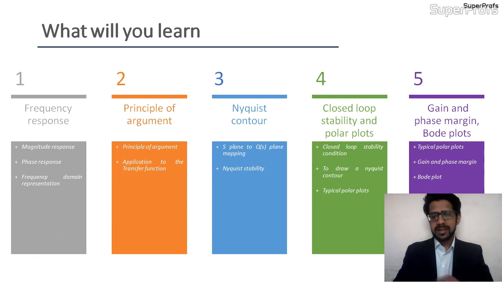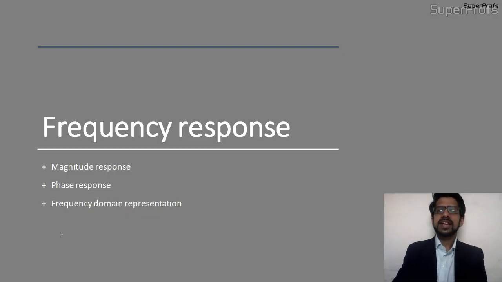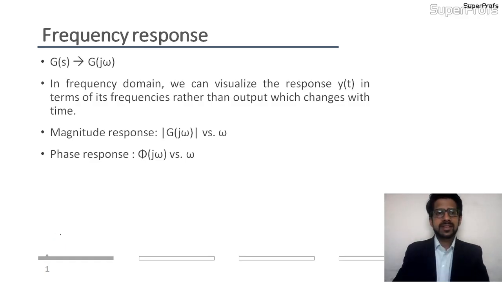Let us go forward and see the frequency response. We will start with the representation in frequency domain of any transfer function. We will see how to calculate a magnitude response and phase response of a transfer function. Let us see what is frequency response. So as you know, we have any system, any transfer function G(s). We can write s as